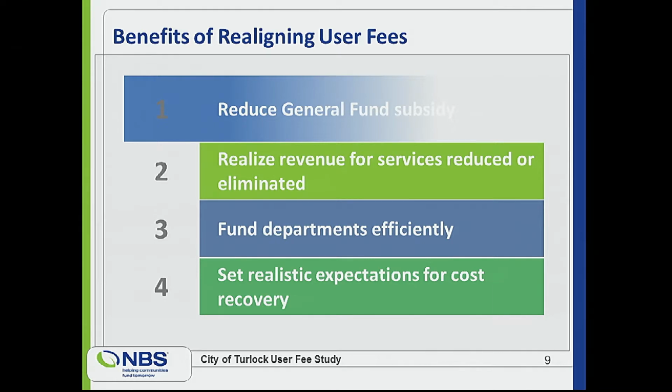So the benefits of realigning your user fees, or the user fee study that was conducted, are to reduce general fund subsidy as much as possible, to realize revenue for services reduced or eliminated, to fund departments efficiently, and to set realistic expectations for cost recovery. Item 4 on this list is the one that I would like to bring to the council's attention the most. One of the benefits of this study, in addition to realigning your fees to more appropriately cover the costs that are